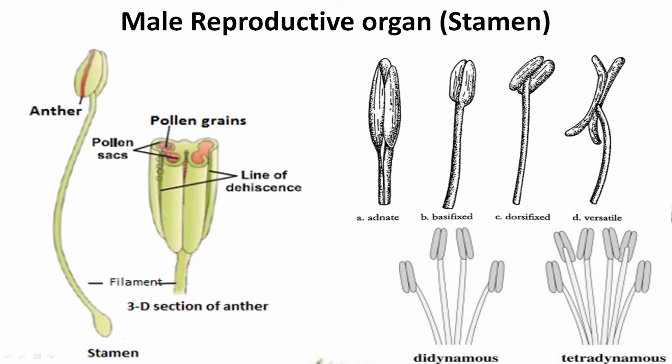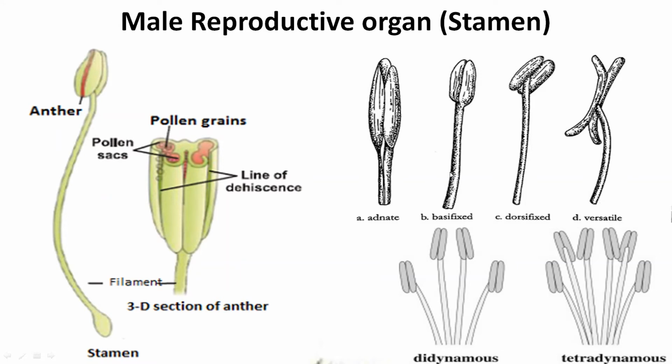The two lobes of the anther are actually connected with a connective. This is also a connective here. This is a connective here. This is a connective here. So see, this is the connective of the two lobes. Clear? So the filament or the connective remains attached to the back of the anther. Here it is attached at the back of the anther.